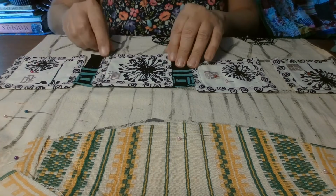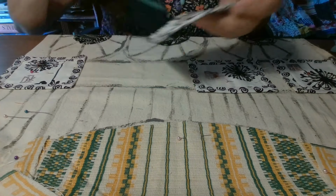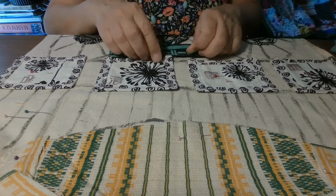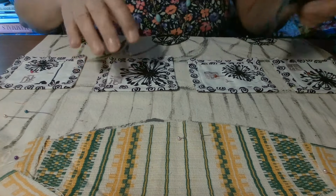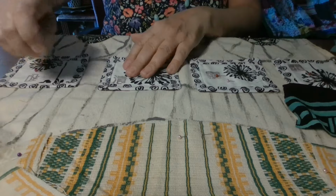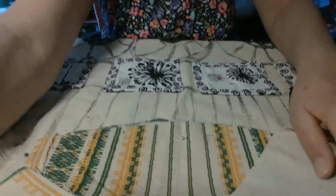I just wanted to see, and I like it. I'm going to be honest, I like it. Now, I don't want to take a piece and cover this design because I love the design. And if I'm going for the aesthetics of this piece here, that's okay. Like I said, when you're doing art, as we were talking about, sometimes the abstract just kind of takes over, and you're looking at it, and you're like,